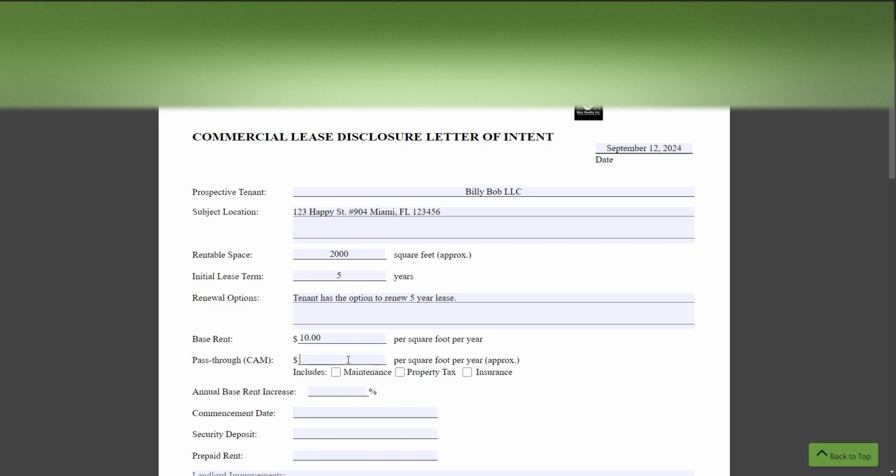The CAM fees, like I said, this is a good way to think about CAM fees. Think of residential. Let me try to simplify this. Let's say you're buying a condo. There's usually a condo association. They usually have what's known as monthly assessments. A more typical term for it is the monthly maintenance fee.